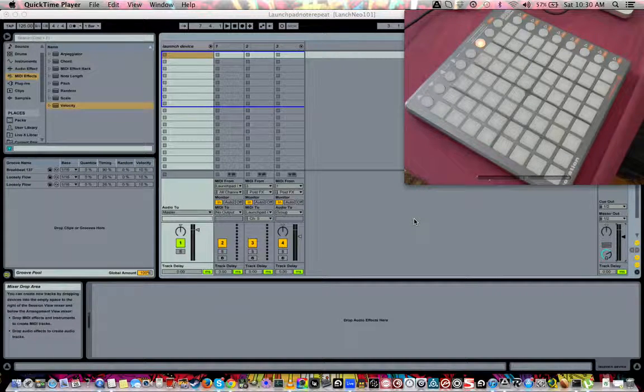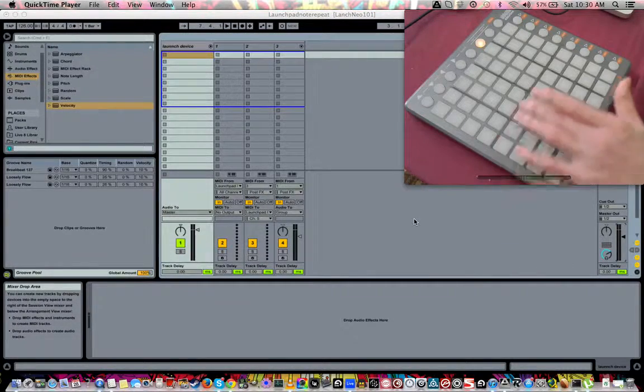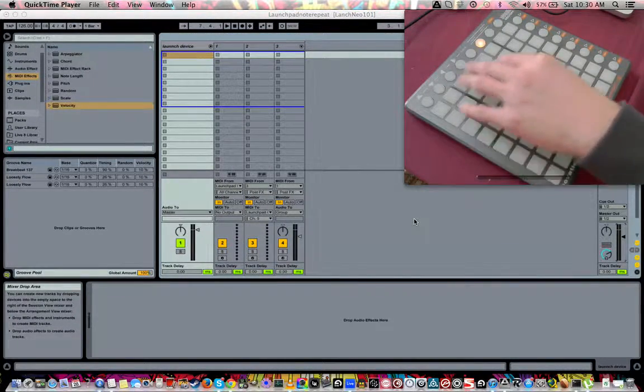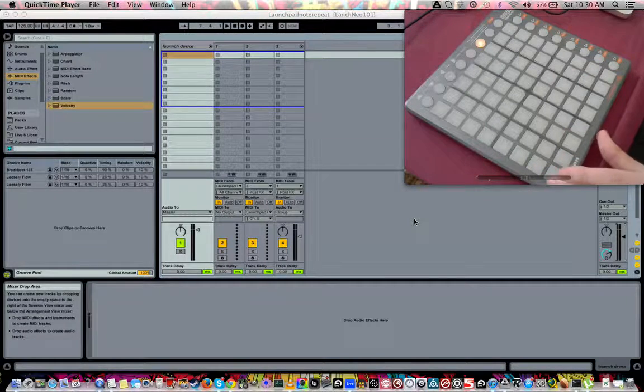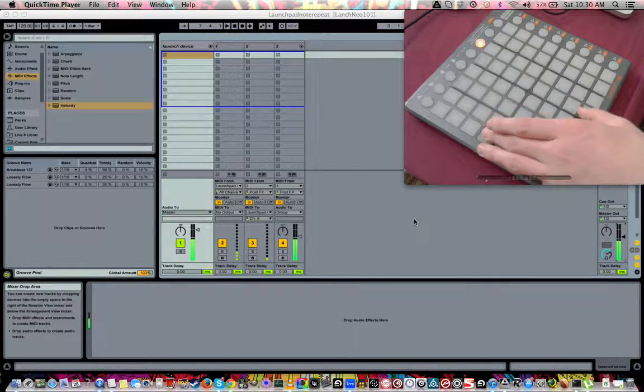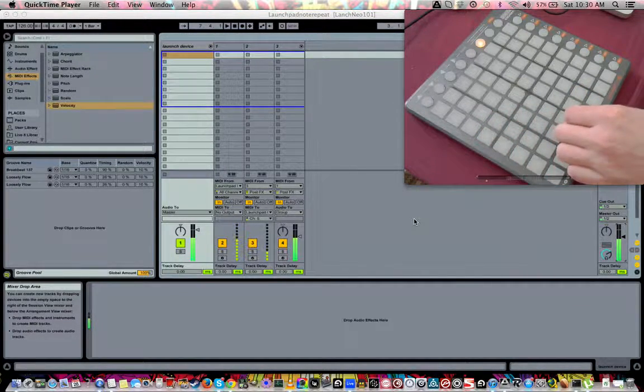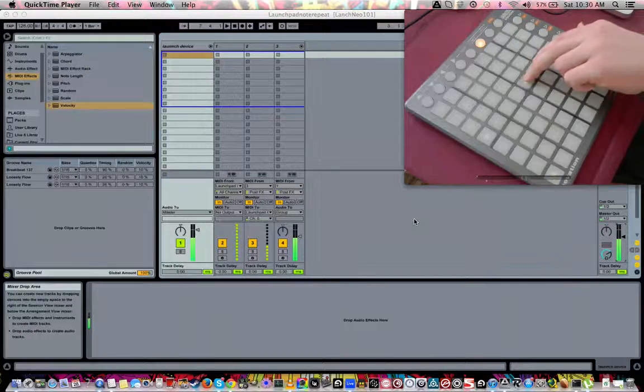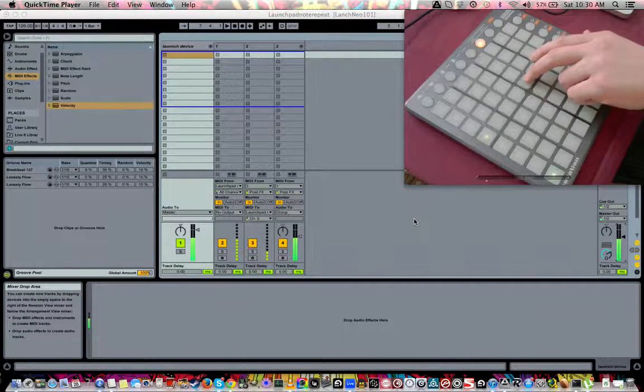So before I actually show you how to build this device, I want to show you what it is that I'm doing. So what I've done is I've split the grid up into 4 different drum zones, and they're all playing the exact same notes, the exact same samples, and the exact same drum rack. They're just playing them at different speeds. So this bottom one is completely freeform with no quantization. My top one is set to 8ths, 16ths, 32nds,